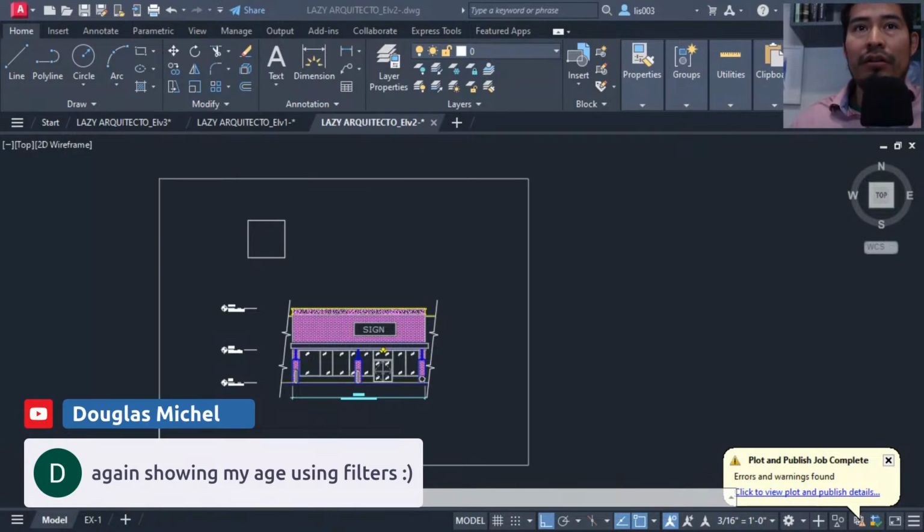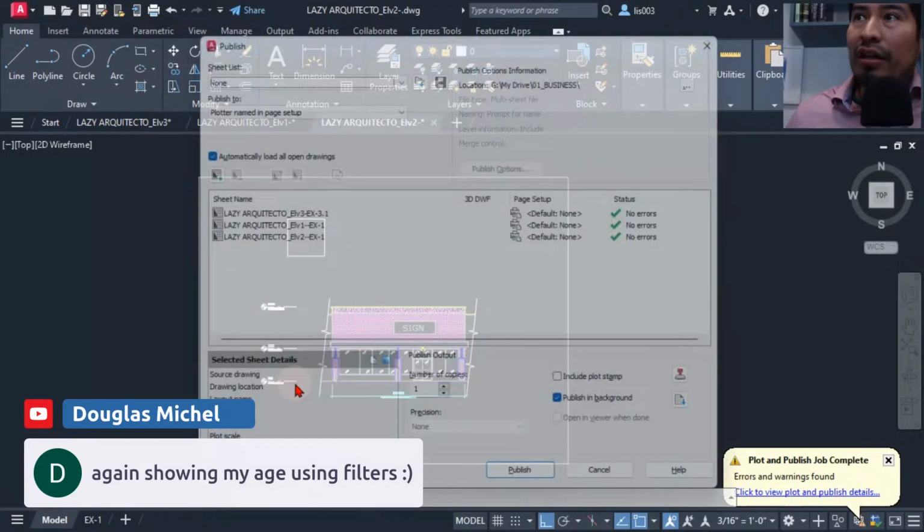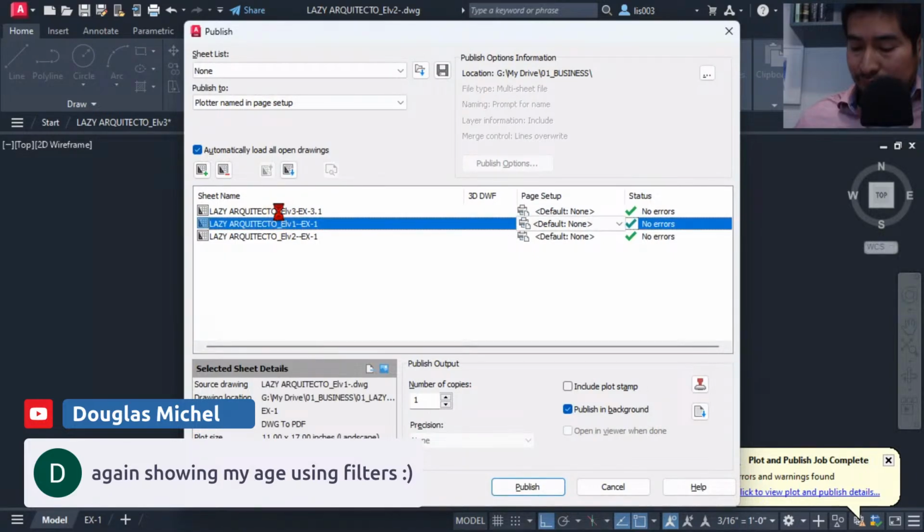All right. So this would be setting number 4. So you want to PDF your drawings quickly, right? But when you use the publish command to do so,